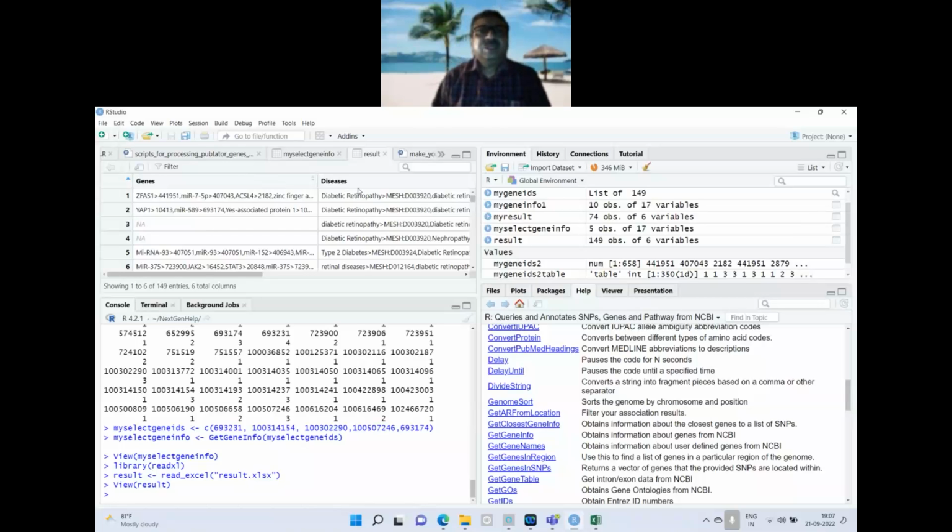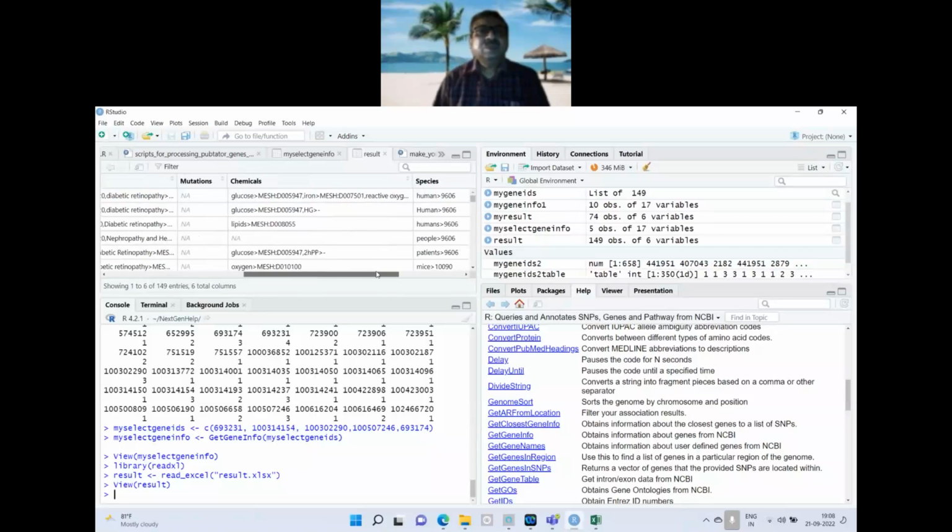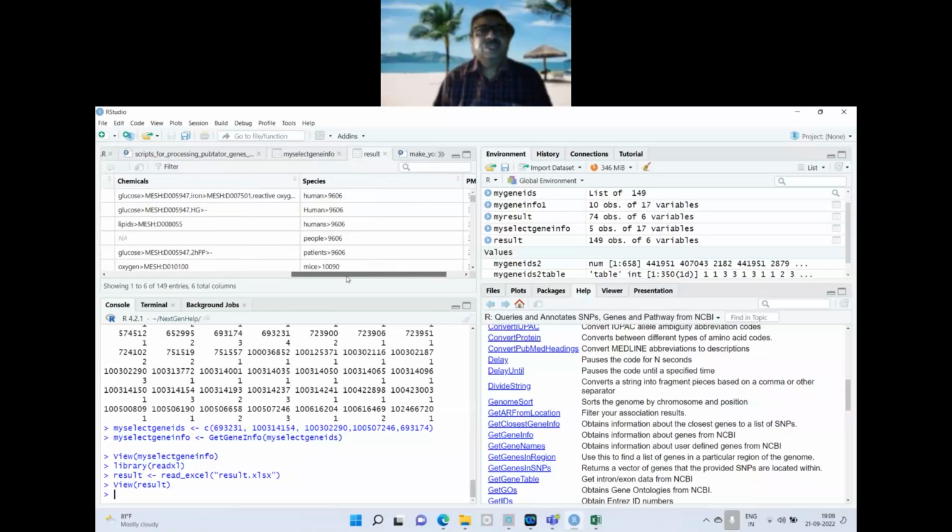So we can see the disease column here. Then we have the mutations. There are no mutation studies reported. Then chemicals such as glucose, lipids, oxygen, etc. And then we have the species in different ways. It's all human form only. Patients, people,